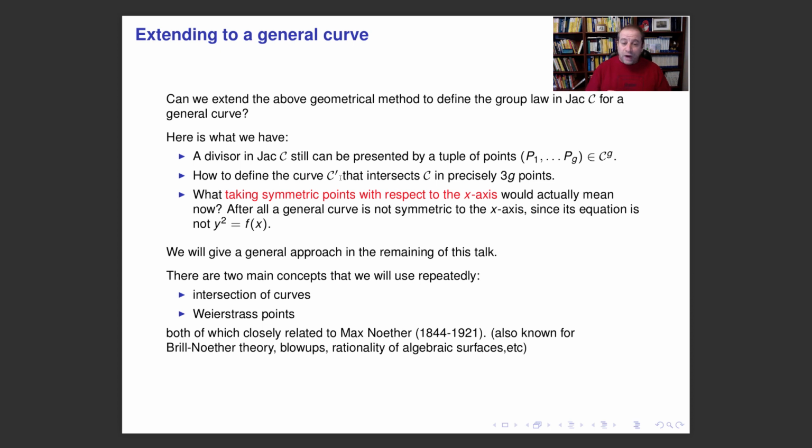However, we want to find a way to replace taking symmetric points with respect to the x-axis. Obviously, that had to do with hyperelliptic curves, which are symmetric with respect to the x-axis. There is no such thing in general for general curves. So how would you do that? Well, we will see if we can extend that to